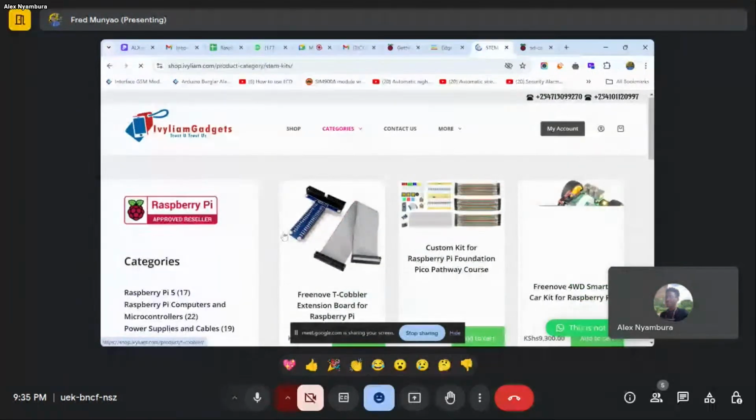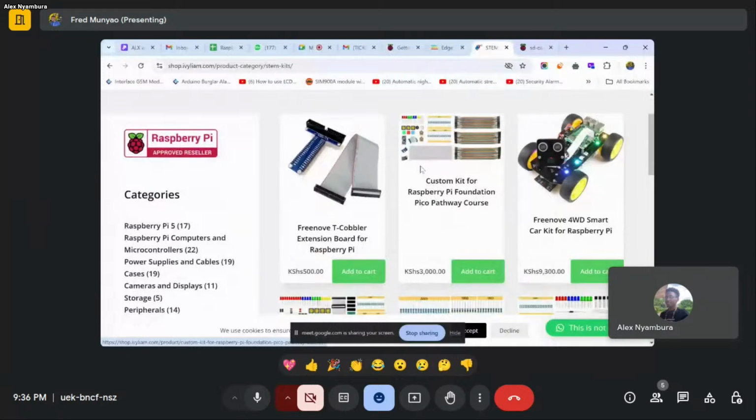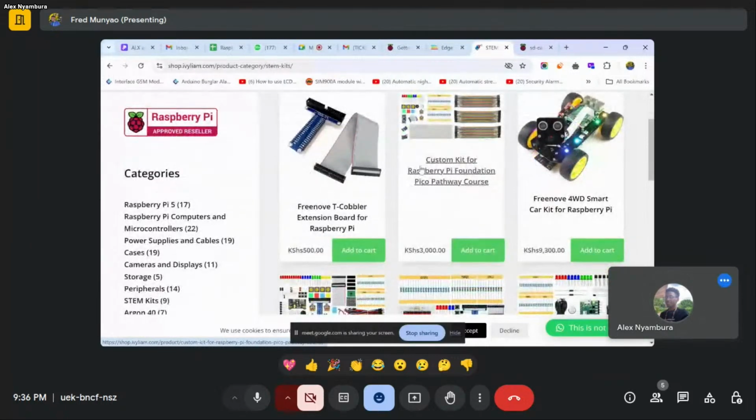Let me see if we can get one. You see this one, it's called a custom kit for Raspberry Pi Foundation Pathway. You can purchase this one. It has a breadboard, LEDs, many resistors, and jumper wires: male to male, male to female, female to female. What you just need to add here is the Raspberry Pi Pico, which is